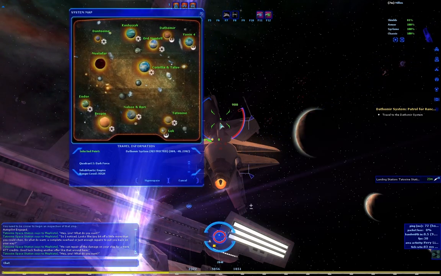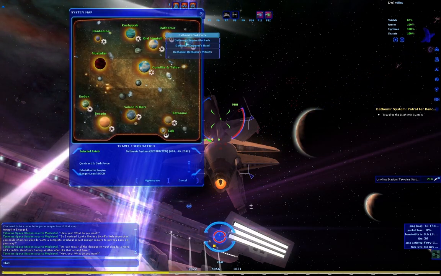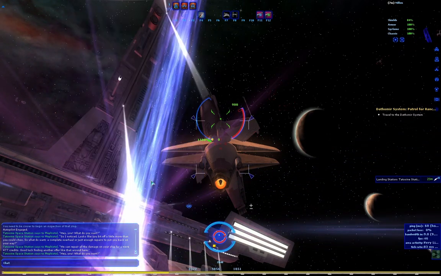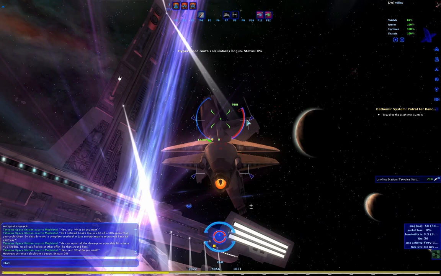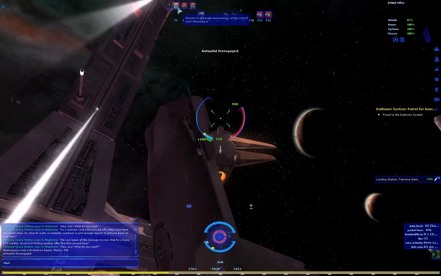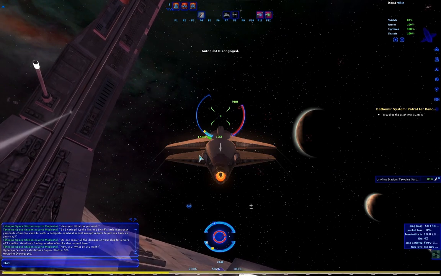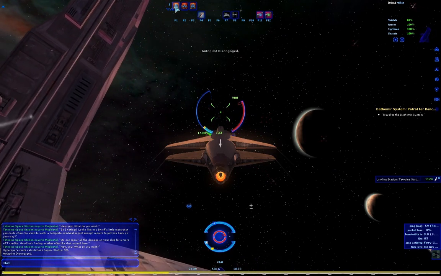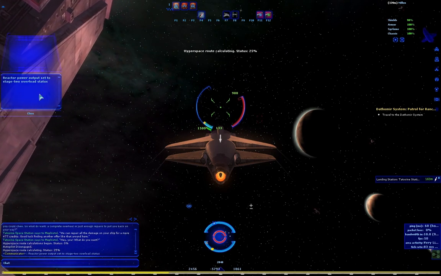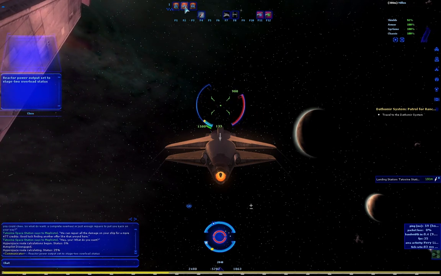Alright, so we hit H for the hyperspace. Head to Dathomir. Not sure which one's closest, but we'll just do that. Okay, so you load your programs into your droid, and then load your droid onto the ship, and basically you use a reactor, output increases,